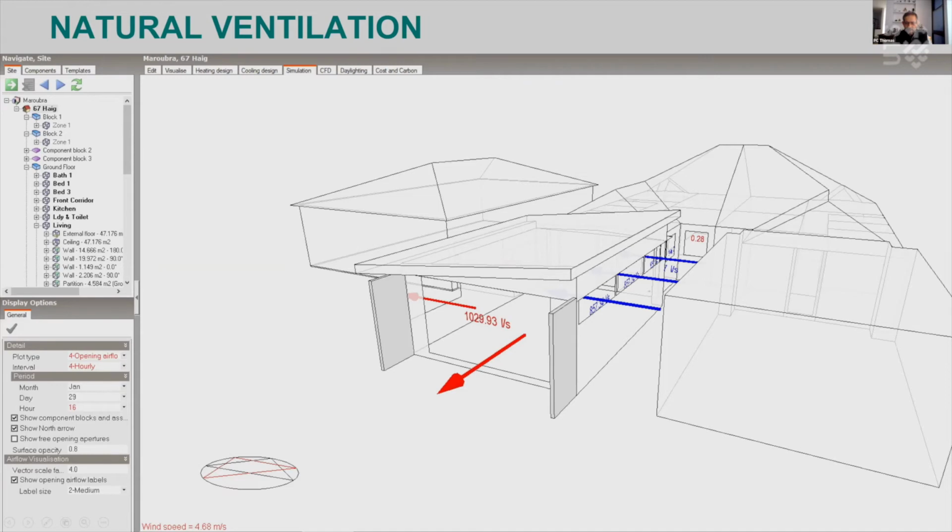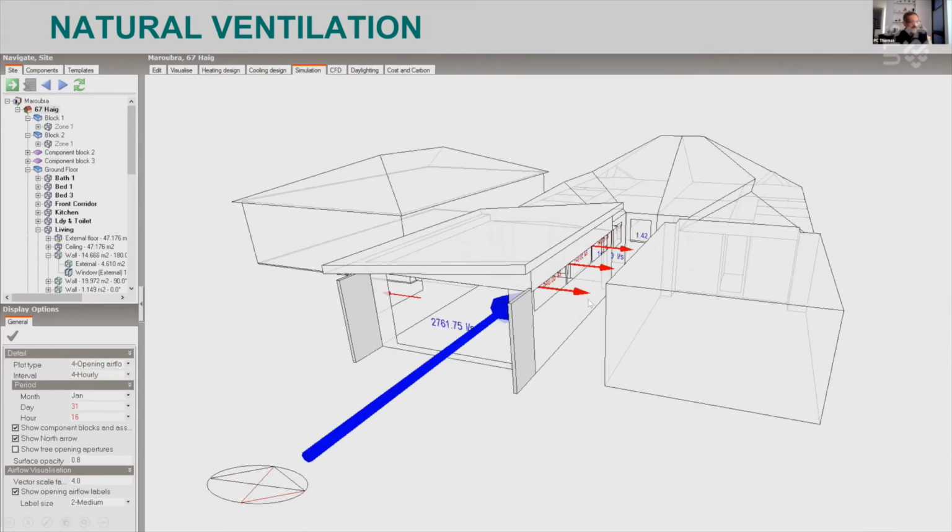Depending on the wind direction, here's another one. You may get flow in that way. In this case, the wind direction is such that the bulk of the flow is coming in from the big sliding door and exiting from the top and the bottom. Okay, and you can see the times here. You can check that out. This is not a CFD. This is just a visualization of what we call the airflow network. The models that we are using have got a heat balance component and an air balance, or mass balance, component. And when they both interact together, you can get fairly interesting outcomes.